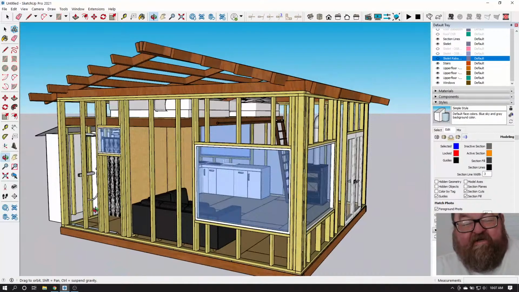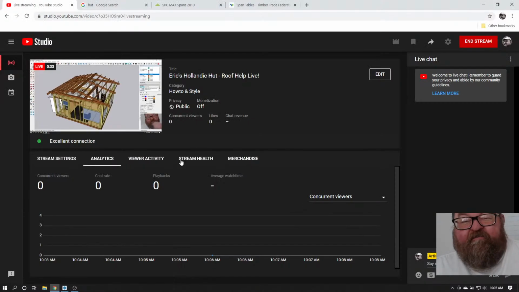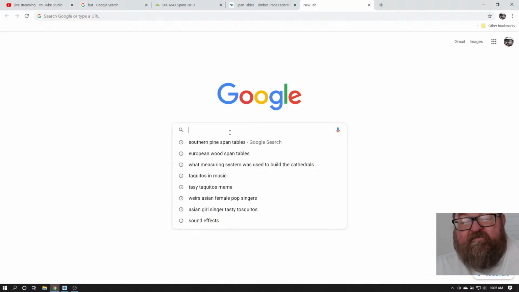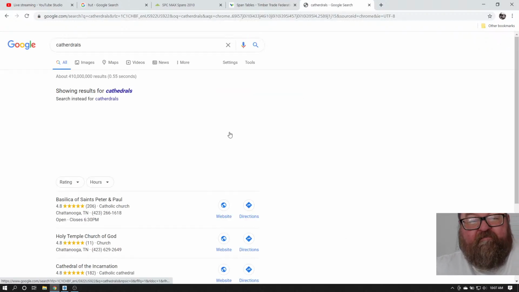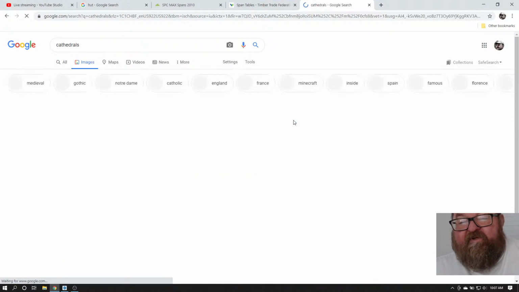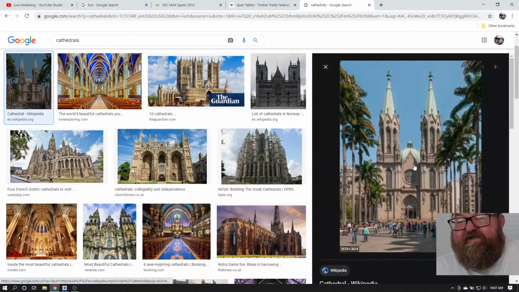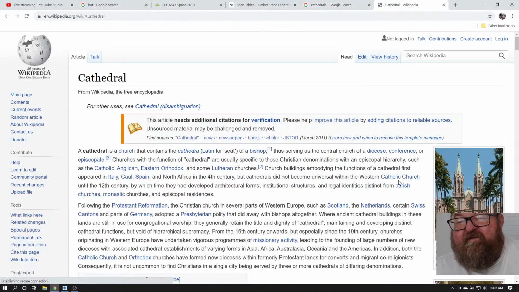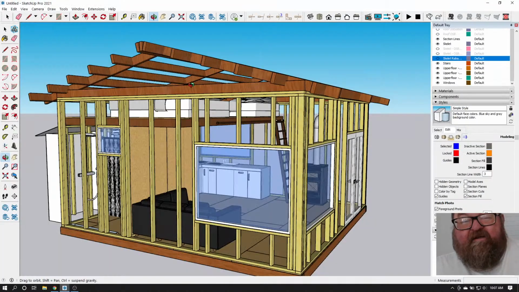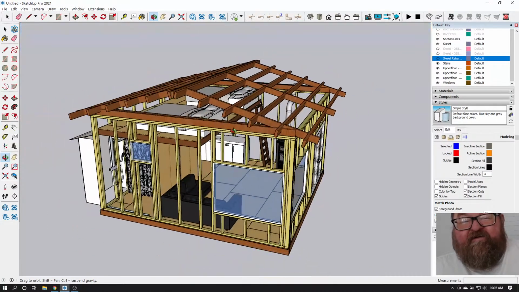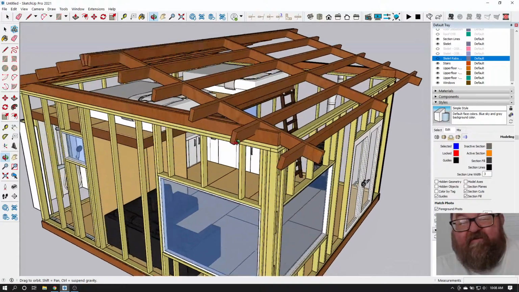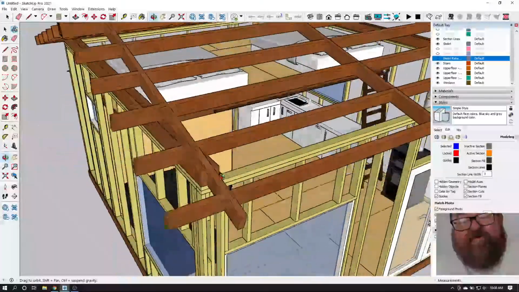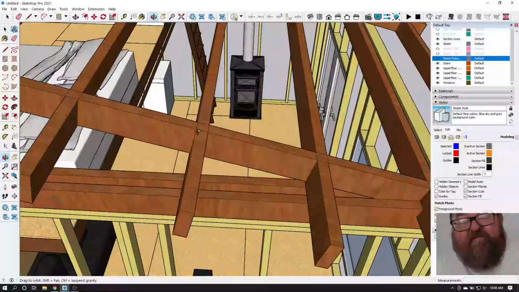I just want to remind people in Europe that your cathedrals were built using feet and inches. Okay, just want to remind you that. And so we still can build that way. I'm just kidding. I'm just giving Eric a little bit of a hard time because when I measure his wood,